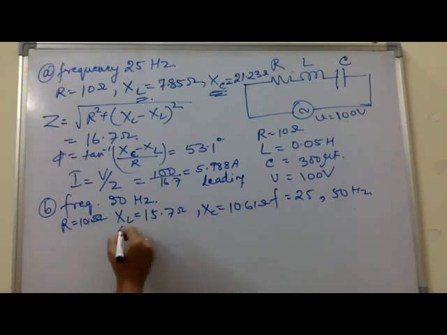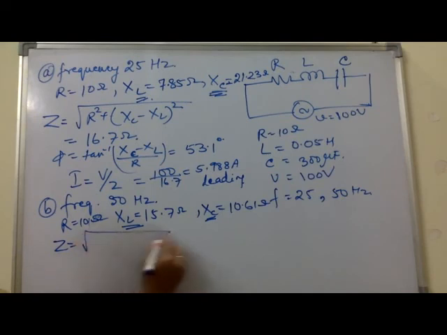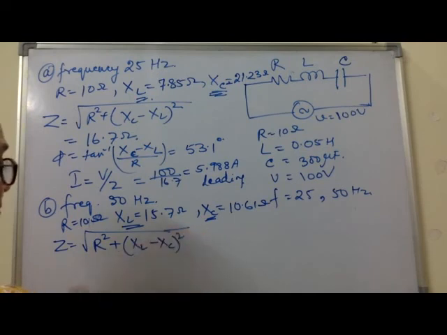Now if you see over here, XL is greater than XC, this means the circuit will be inductive in nature, and the final impedance can be calculated as, because XL is greater, under root of R square plus XL minus XC square, and this comes out to be